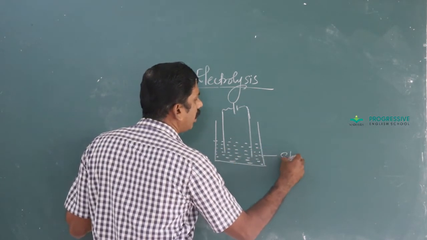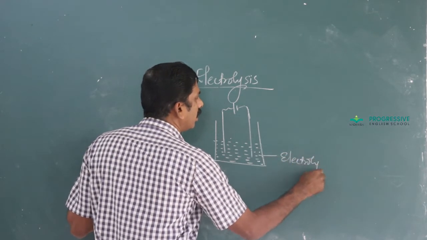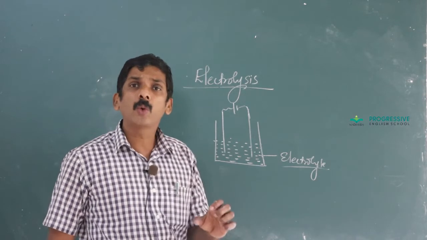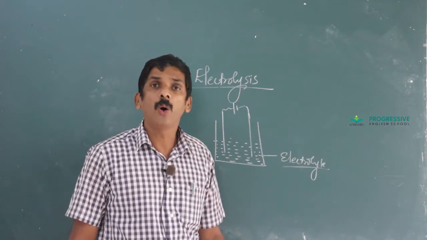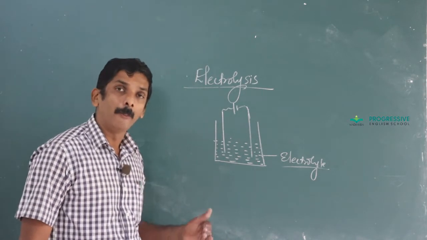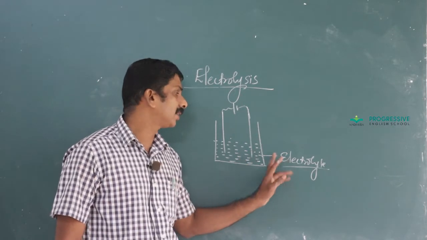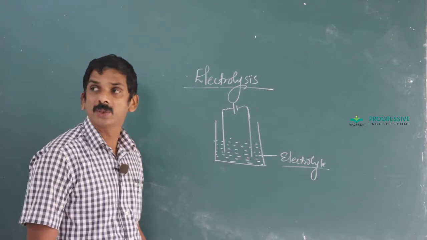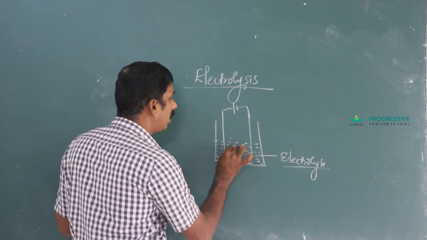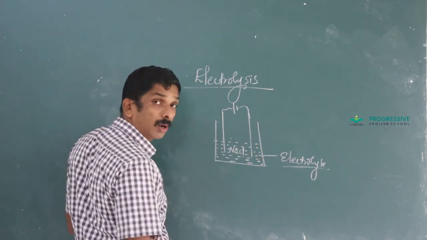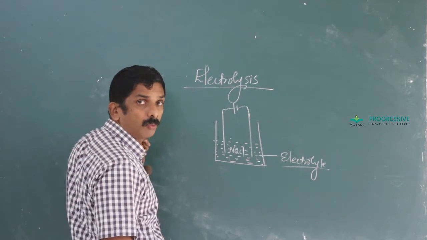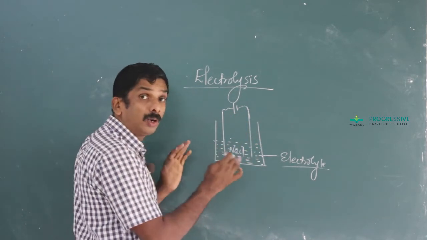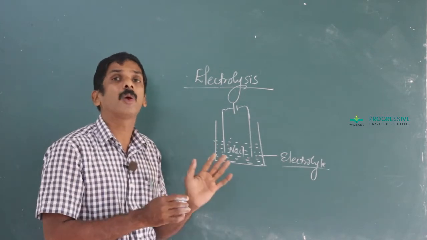It is dipped in electrolytes. An electrolyte is a substance whose aqueous solution or molten state conducts electricity, and simultaneously at the same time they undergo dissociation. Suppose here we take molten sodium chloride. By the passage of this electricity,